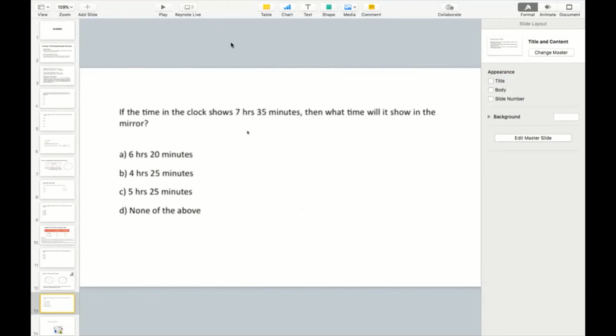Great. So simple approach, from 11 we will subtract 7, so I'll get 4. From 60 I will subtract 35, so I'll get 25. So the time